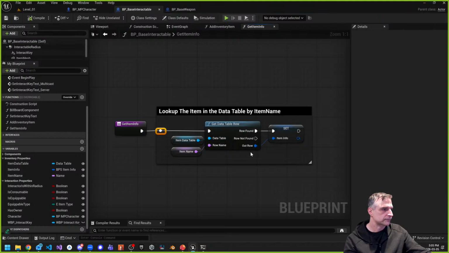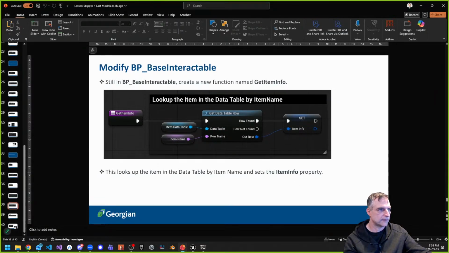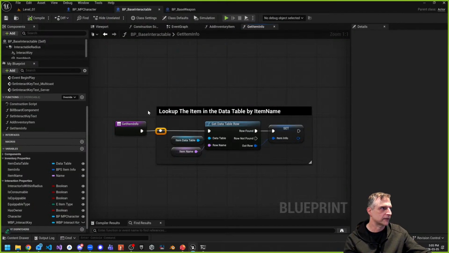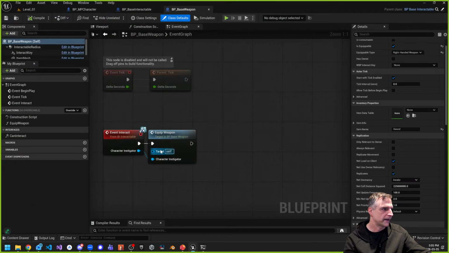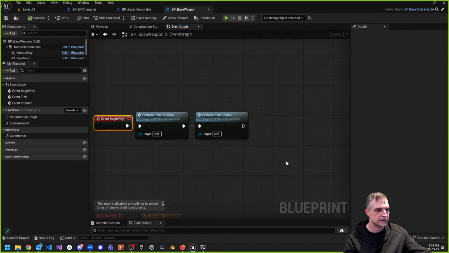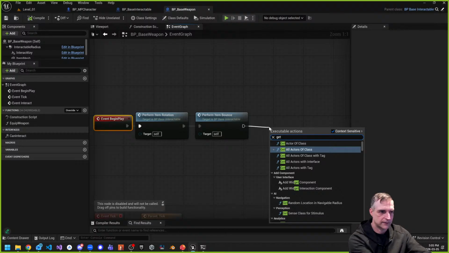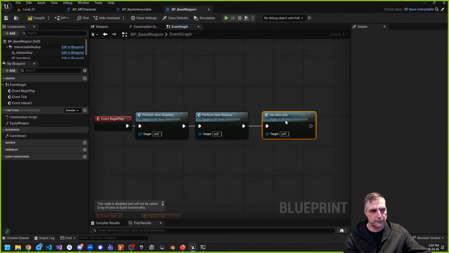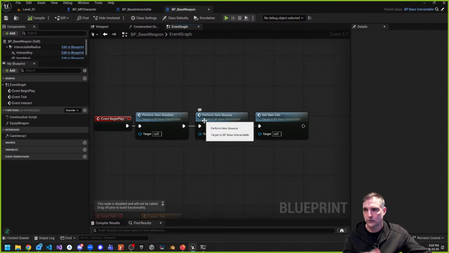Compile and save. All right, so now that we've done that, we need to use it. So back to base weapon. If I go to the event begin play, we do a couple of things here. We make it rotate and bounce, but we also want to get the information. So we want to get item info, and this comes from the base class base interactable. So when any weapon, base weapon, or shield in this case, is instantiated or placed in the world, the information about what they are, the image of it and all that stuff,